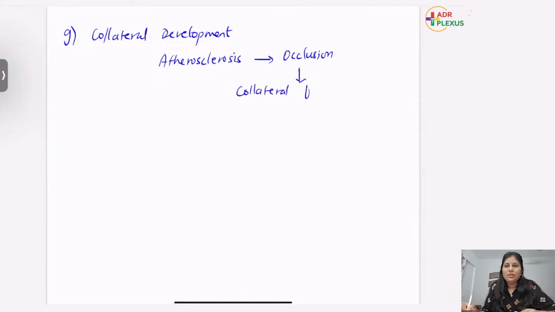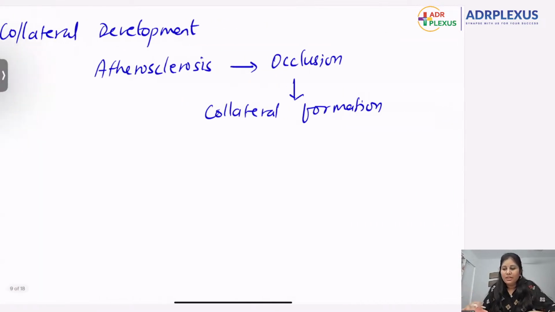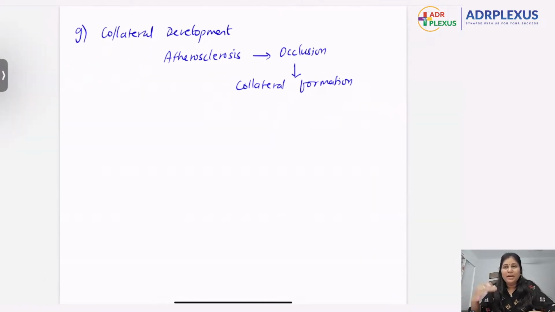See, all these points, I'm just writing the hints. Even if you write like this in a flow chart or just the salient points or the keywords, that's enough for an essay. You need not write in a paragraph way and write pages and pages. This point is enough. This collateral formation happens with the extracardiac vessels or among the coronary vessels itself. The next point,